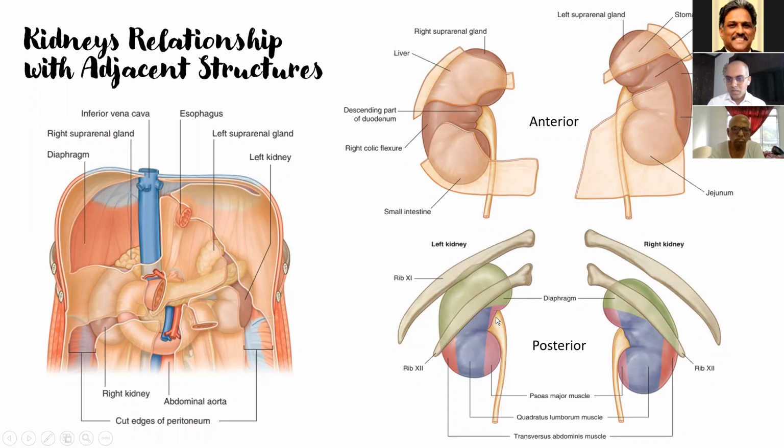portion of the medial third portion of the kidney has the psoas major muscle, and the ureter runs anterior to the psoas major muscle to reach the pelvis. The middle third of the kidney on the posterior aspect lies over the quadratus lumborum muscle, and the lateral most aspect of the posterior side has the transversus abdominis muscle behind it.